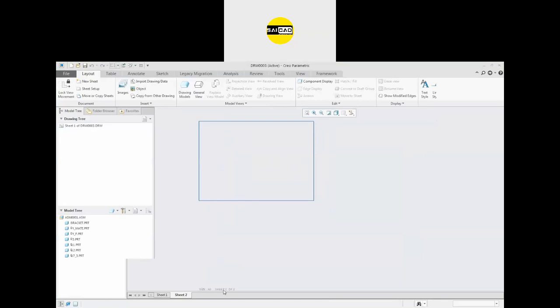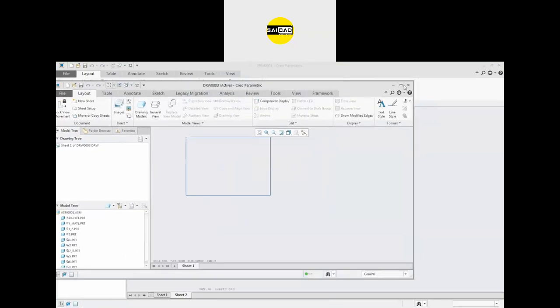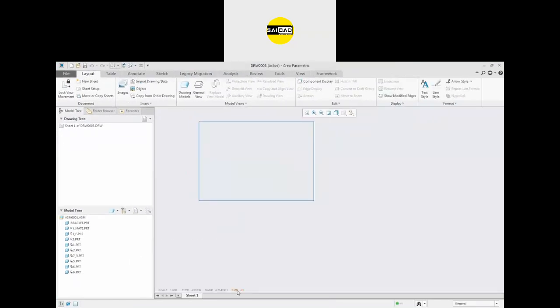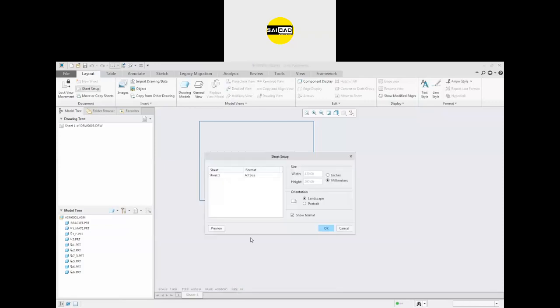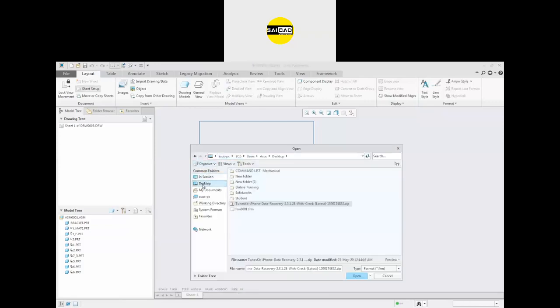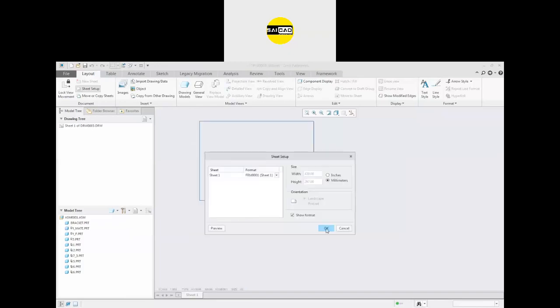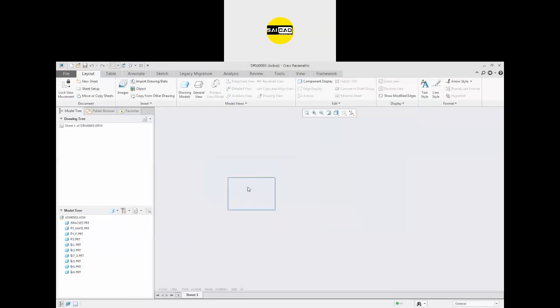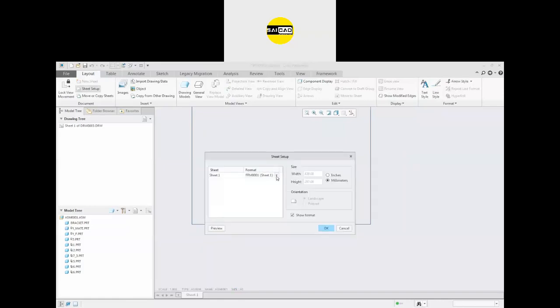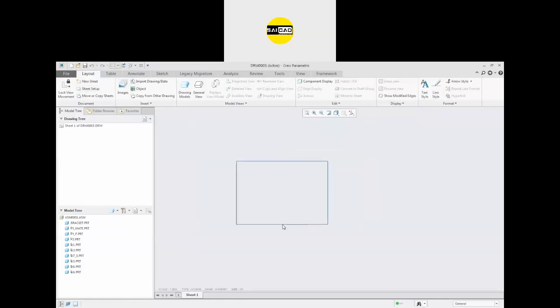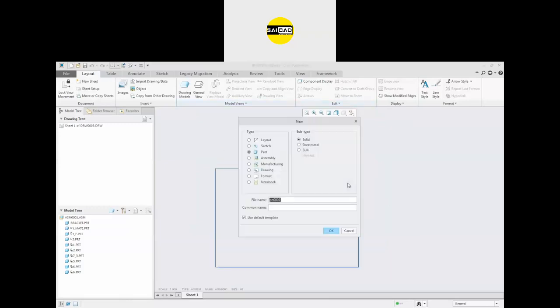So go here. Okay, go here and we have the format that is A3. Go to the browse. I'm going to the desktop. This is the form. Okay, we have asked for some values for that.